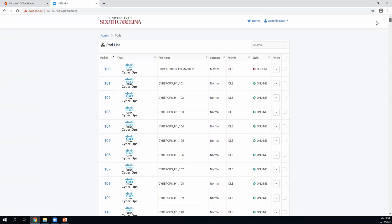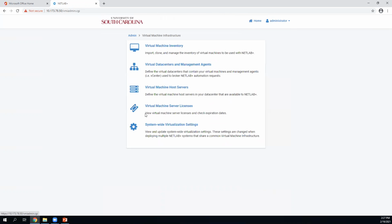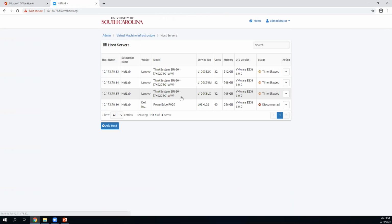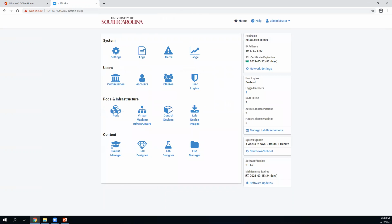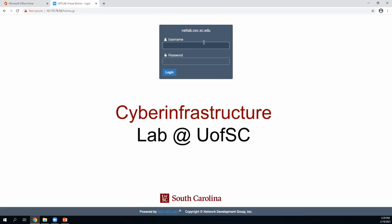Back to the top. Virtual machine infrastructure. So we have all the virtual machines in the system. The inventory is here. The hosts, I mentioned at the beginning, the 3 hosts that are hosting the virtual machines. And so that's the interface from the administrator point of view. So if I switch and pretend to be a learner,